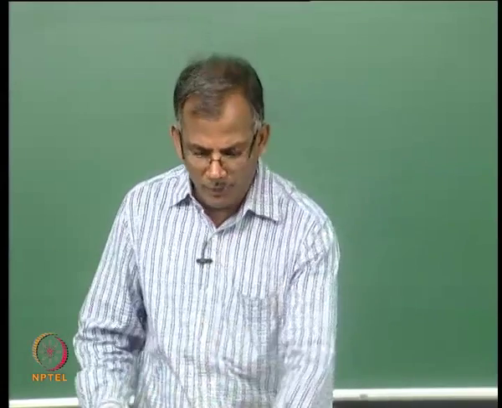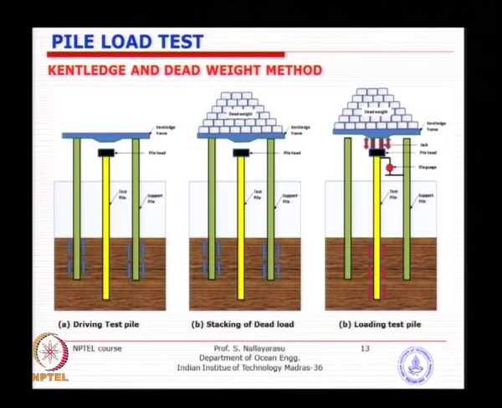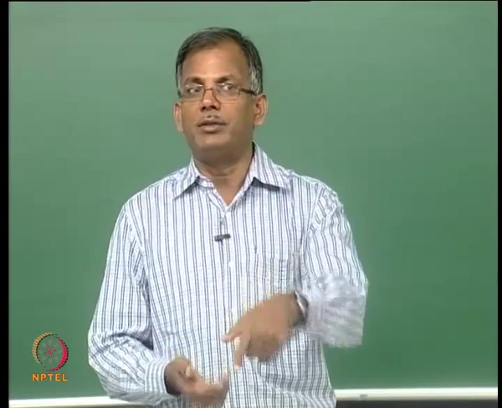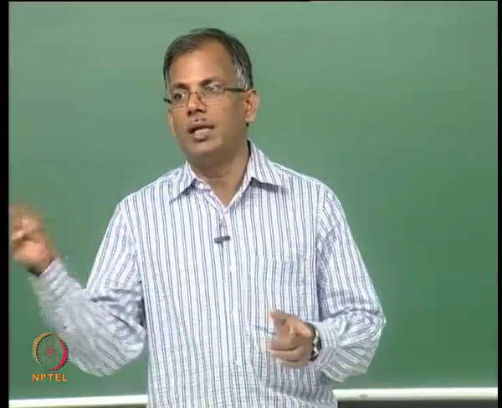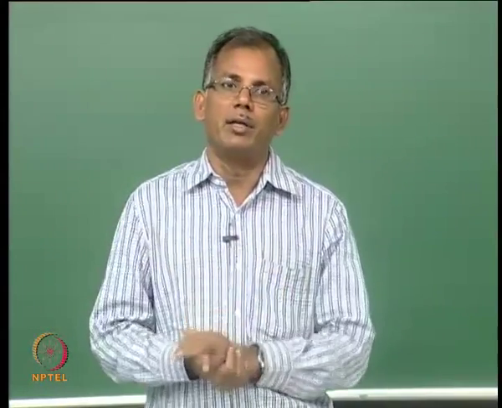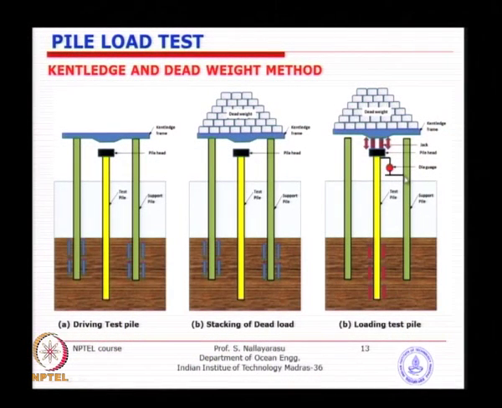Now, if you go to the offshore condition, what happens is you have no firm ground, you have to use only the pile which is supporting the Kentledge, but at the time of testing it is not loaded anymore. So, you can use that as a reference and use a beam or some welded connection, so that you can use the dial gauge. So, what we need is a firm place where it is not moving during the testing. So, that is the second concern.